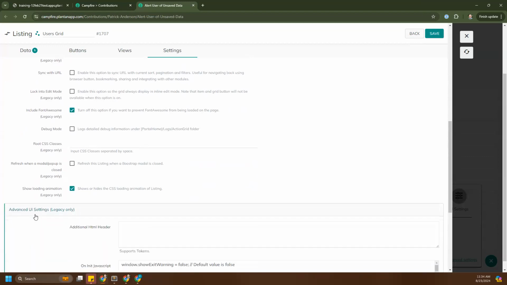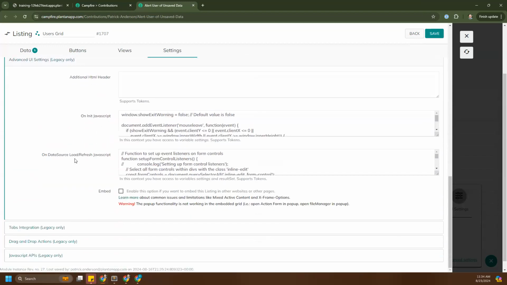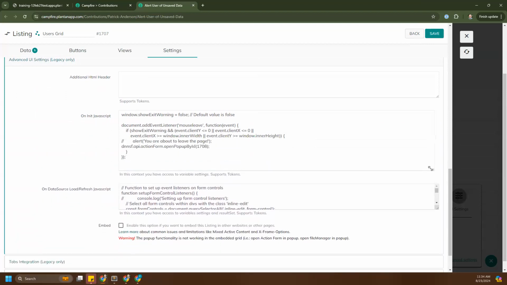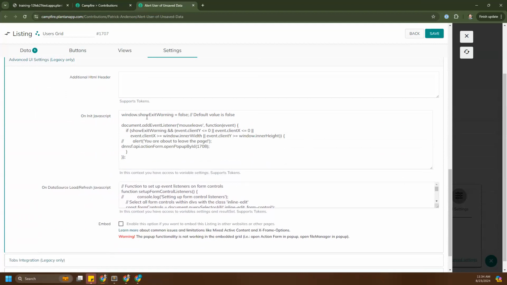as well. I'm using both the onInit JavaScript and the data source load refresh JavaScript. So when we initialize, first of all, we're setting up this global variable, show exit warning. And we're establishing show exit warning as false. Then we're adding an event listener for the mouse leave. And if show exit warning